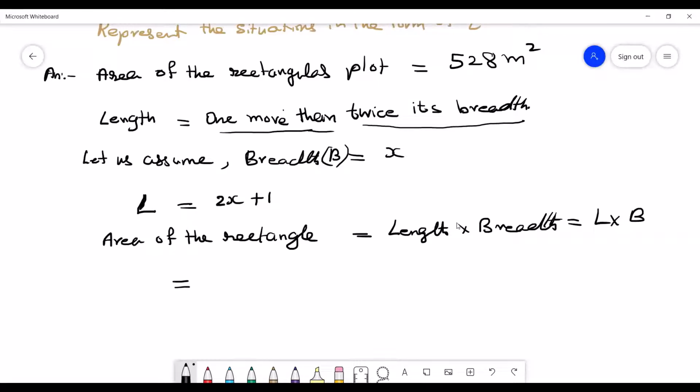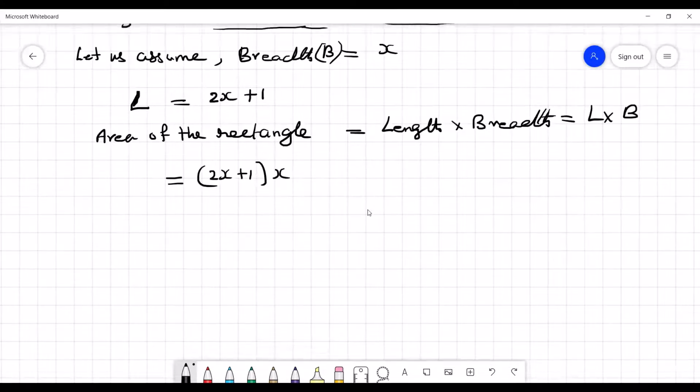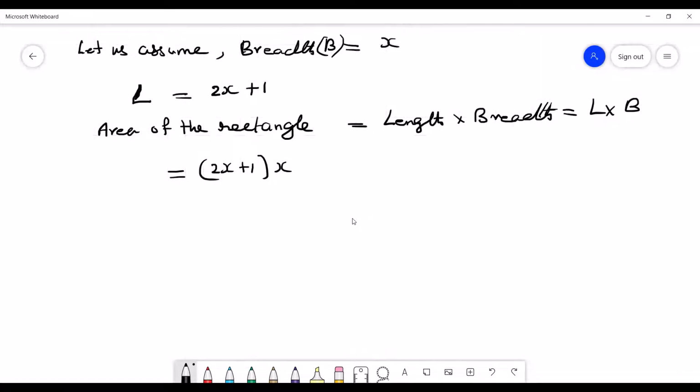So length is equal to 2x plus 1 and breadth is x. And the area is already given as 528. So 2x plus 1 into x is equal to